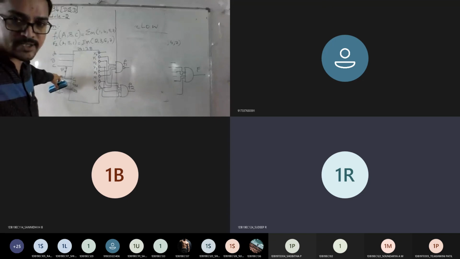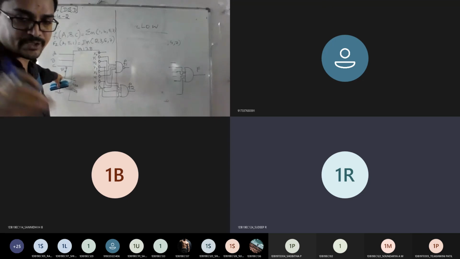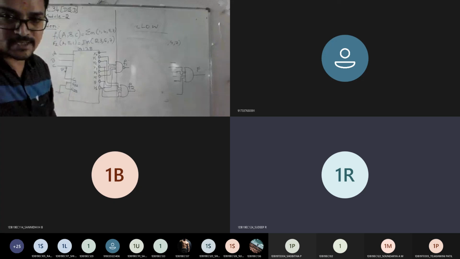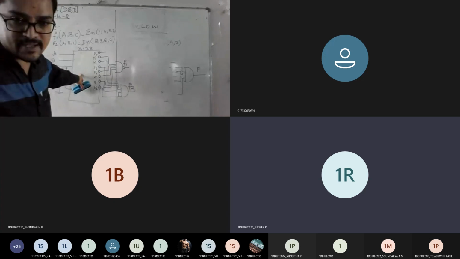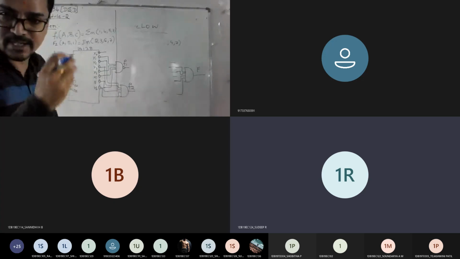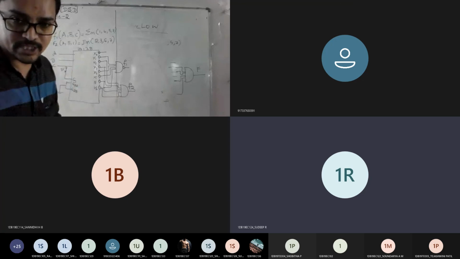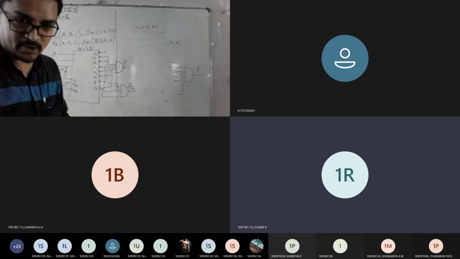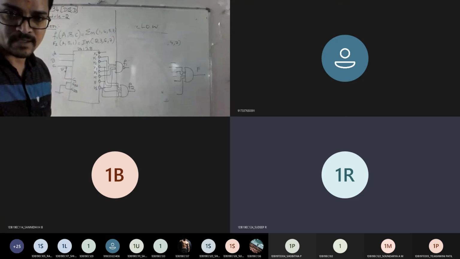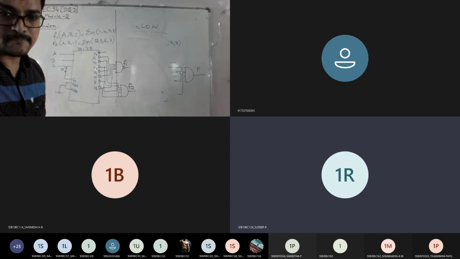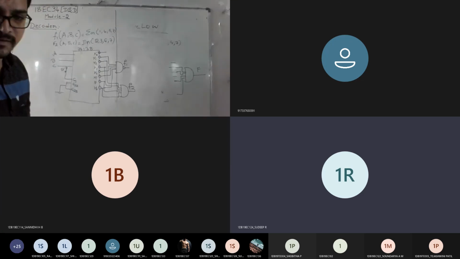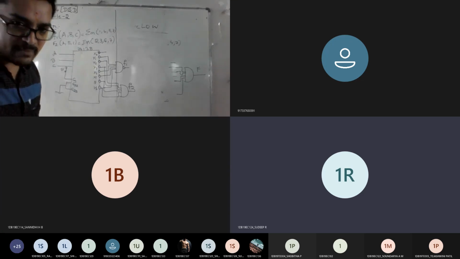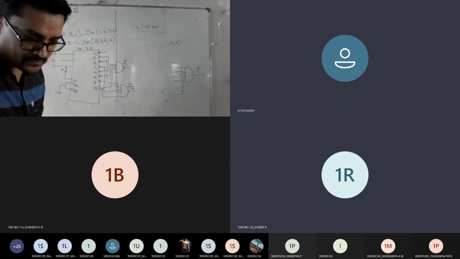See, this 5 volt means you are going to use this in the kit, right? So you need to supply 5 volt, that's all, nothing else. The maximum capacity of this 74138 IC is a 5 volt DC supply. If you give 230 volt directly, you will burn that IC. Okay, is it fine, everyone, till here? You got the logic? Am I clear?